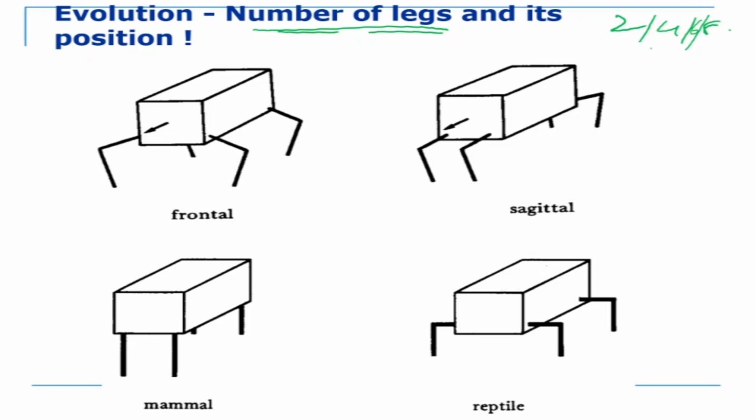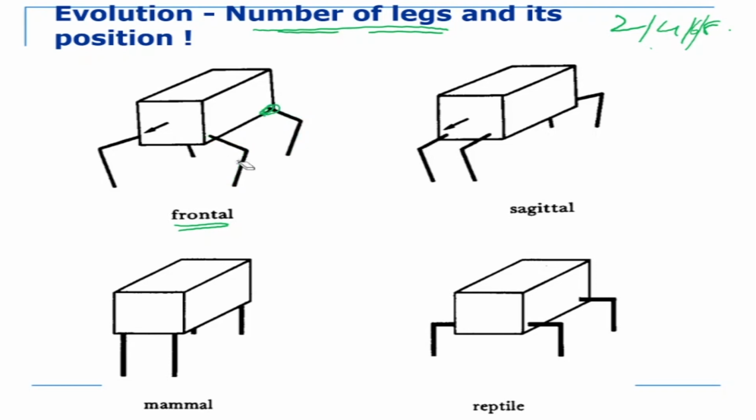Now once you have decided the number of legs, the next question is how do you place the legs? We have studied kinematics, so we see that for a 2 degree of freedom system also there are two solutions, right? Sometimes there can be more than two solutions. So depending on where you place your legs, for example, this is the frontal direction. The legs are placed like this. This is 1 degree of freedom, this is another degree of freedom.